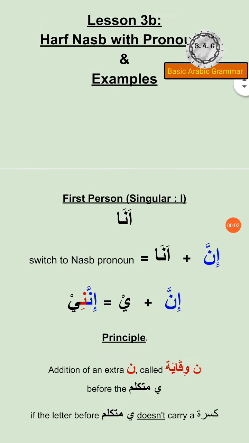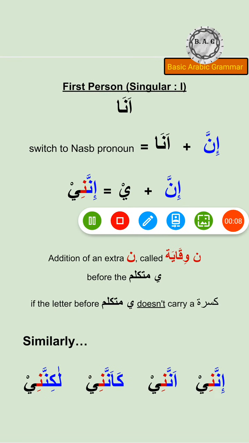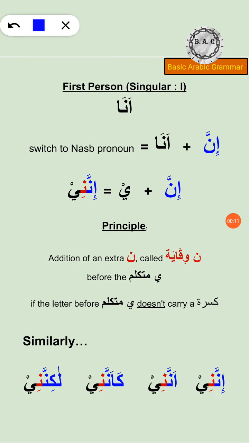Alright, so we have our first person pronoun in singular, which is I. The rafa pronoun is ana, and it means I. Now, what happens whenever a harf nasab gets attached, or it acts on an ism? It causes that ism to be in nasab form. So, as I hope that you remember from the pronouns lesson, there are three variants of ana when it comes to nasab or jar forms. Okay, and one of them is this. All right, ya with sakun. This is called ya mutakallim.